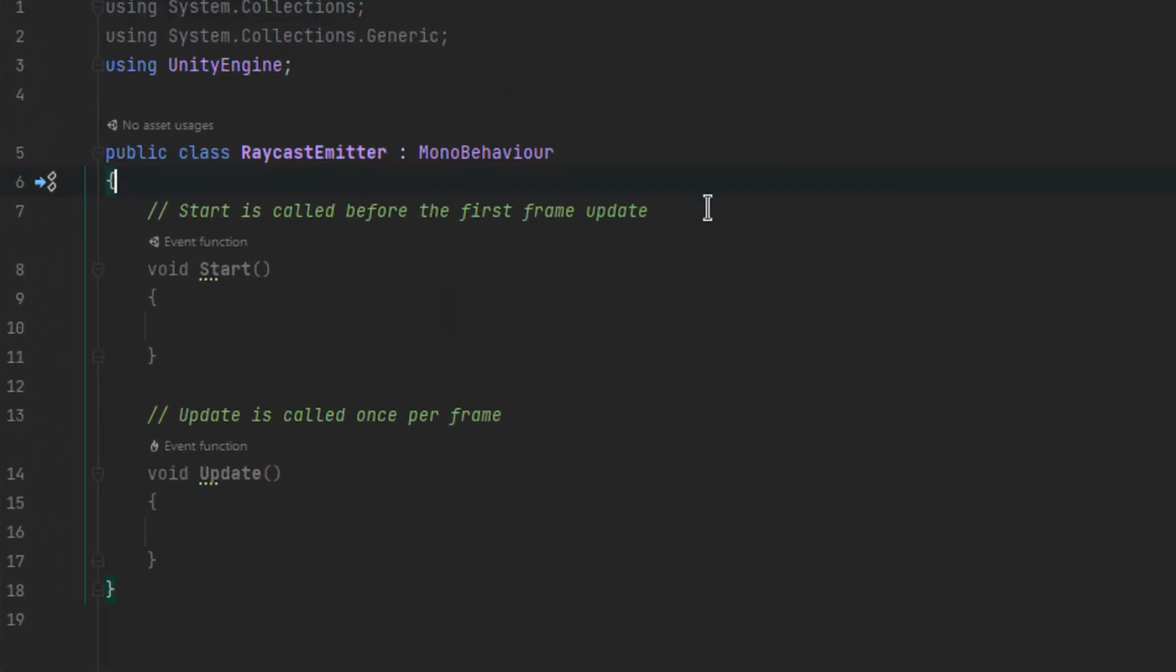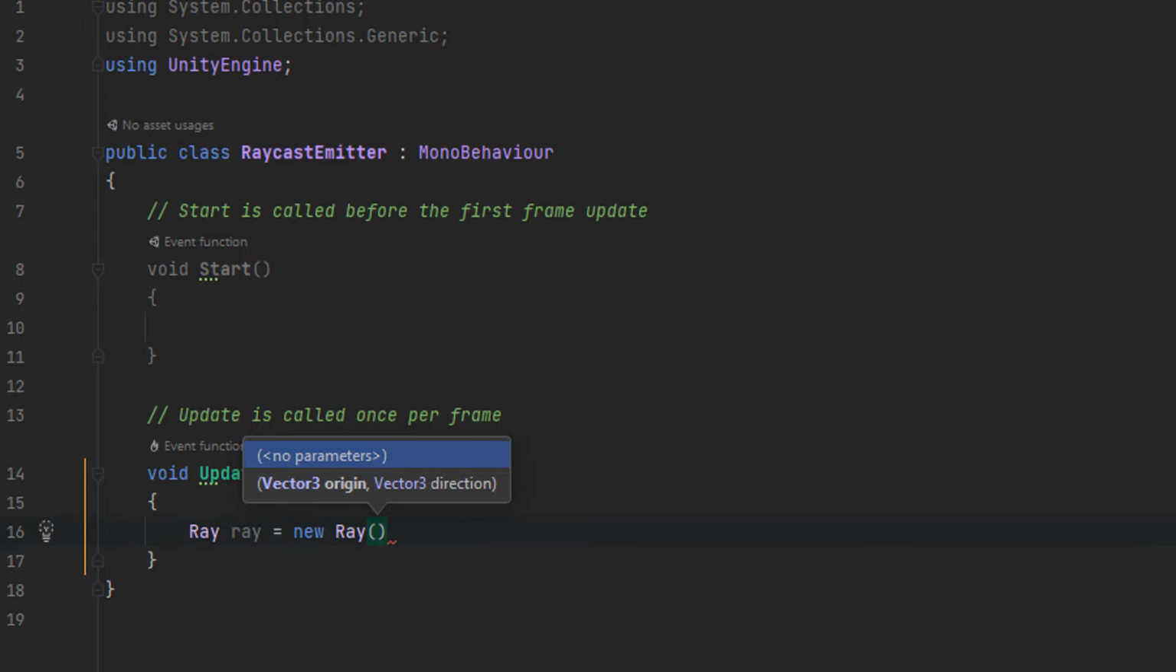Here we are in the code. All we care about is having a ray, which is going to be our ray. We're going to call it ray. It's going to be what I said before, our element that has an origin point and the direction. So this is what we do, new Ray. And inside the Ray, we have